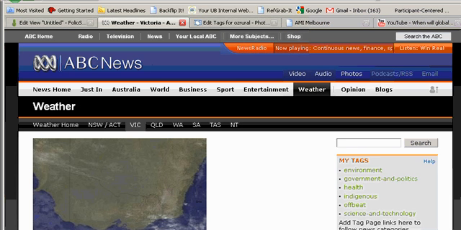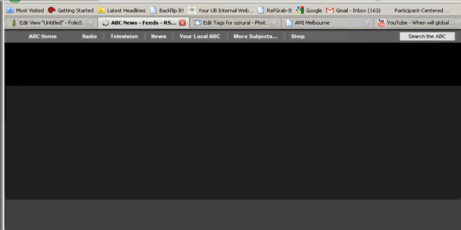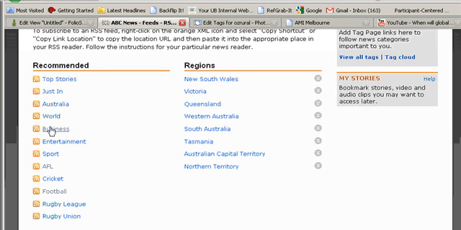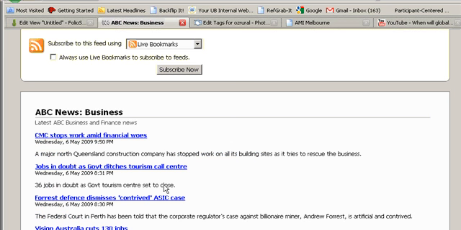One final thing I'll look at is how to insert an RSS feed into your view. If you go to a popular website like the ABC Australian news site, you'll see there's a link here called Podcasts and RSS. Click that and select a program that you would like to get the RSS feed from. Simply copy the address in the URL bar,